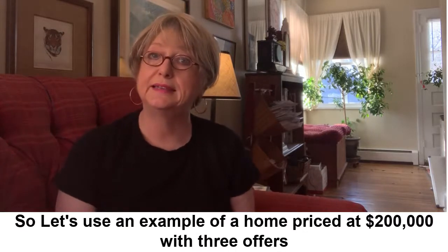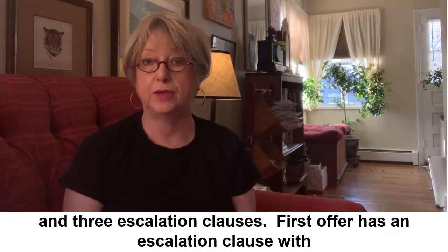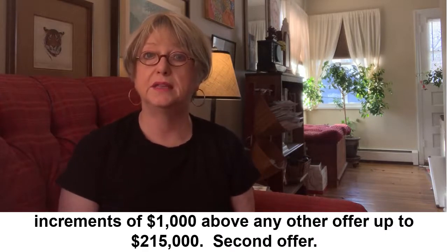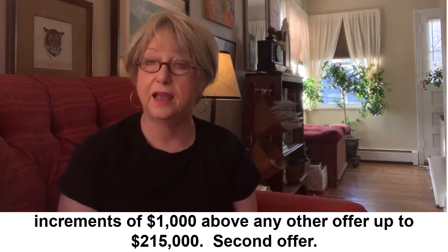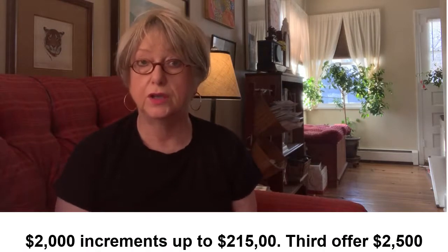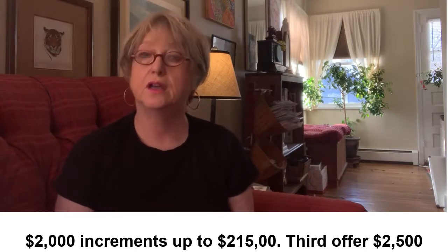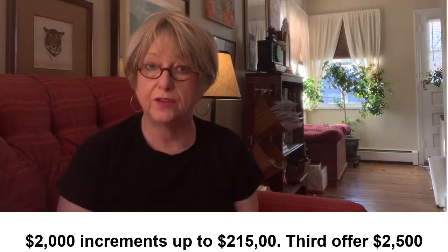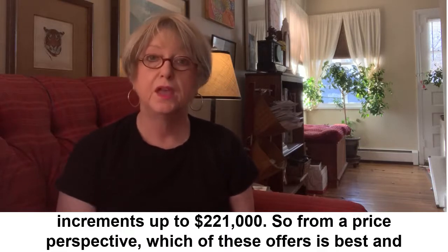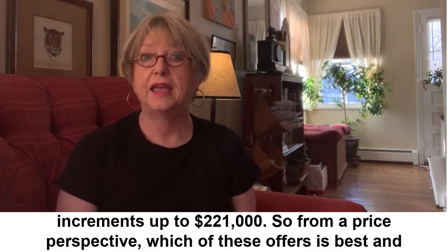So let's use an example of a home priced at $200,000 with 3 offers and 3 escalation clauses. First offer has an escalation clause with increments of $1,000 above any other offer up to $215,000. Second offer, $2,000 increments up to $215,000. Third offer, $2,500 increments up to $221,000. So, from a price perspective, which of these offers is best, and what would the final